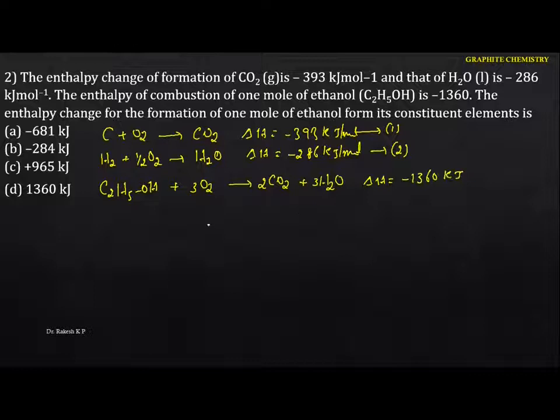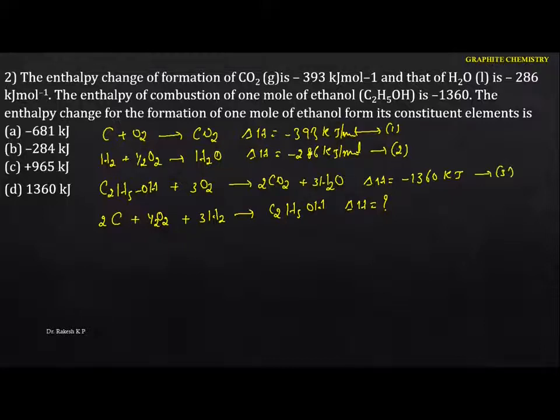Now see this one. What you have to calculate here is the enthalpy change for the formation of 1 mole of ethanol, that means the formation of ethyl alcohol. So how are you going to get ethyl alcohol? Carbon combines with oxygen and also with hydrogen, and here we get ethyl alcohol, C2H5OH. For the formation of ethyl alcohol, we don't know the exact delta H value. So I am going to balance this: this is 2, here I take half O2, and here it will be 3. Now see this one. I am going to take this as equation 3.